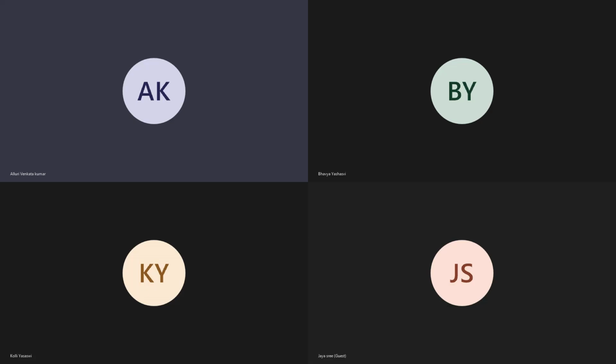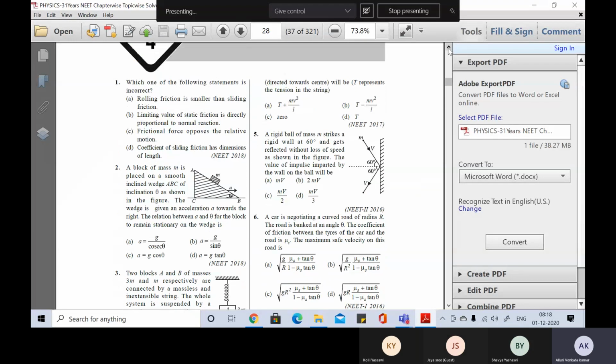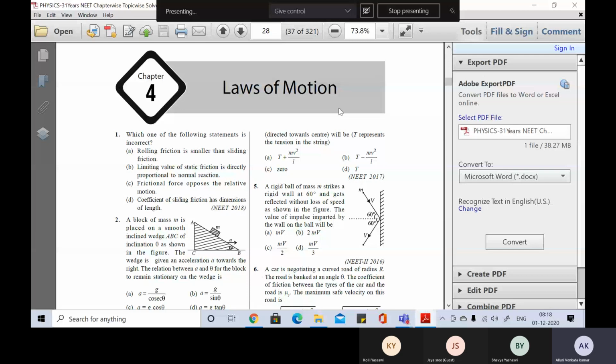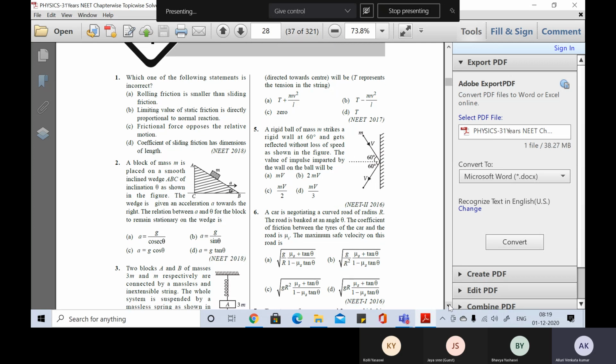Okay, so now this is Newton's laws chapter. Of course, here they combined in this chapter laws of motion. They combined three chapters, although in the heading it is given as laws of motion. This includes Newton's laws, friction, and circular motion. So I am selecting some problems where we have finished our syllabus.